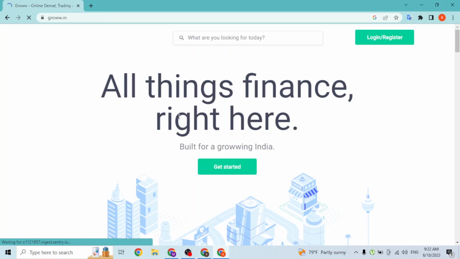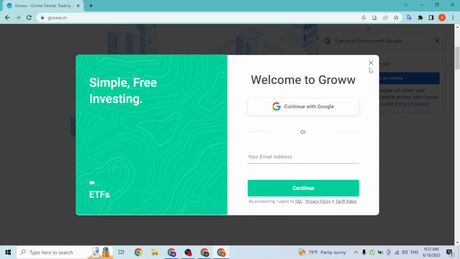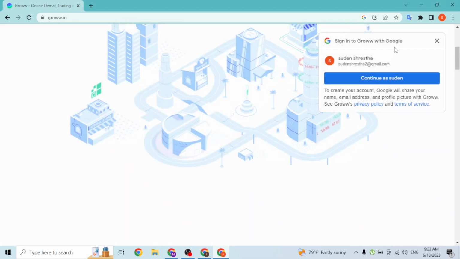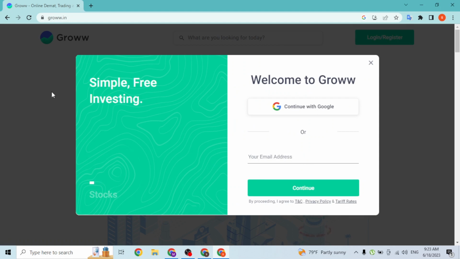And over here guys, in order to log into your account, at the top right corner of the screen you can see the login/register button. Click on that, and after that this kind of page will open guys, where in order to log in you'll be required to